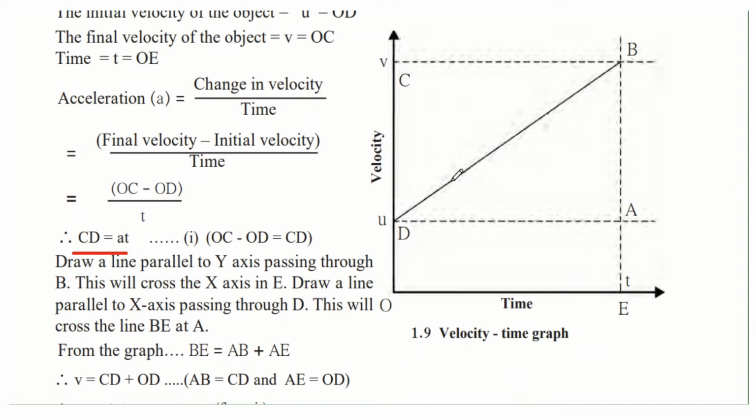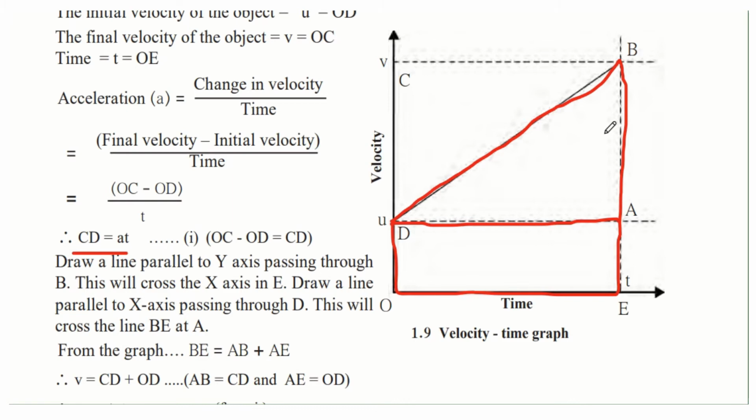If you remember earlier, if you have to find the distance traveled by an object, you can also find it by taking the area under the curve. So in this case, it would be quadrangle DOEB. If we find the area of this quadrangle, it would be equal to the distance traveled by the object in uniform acceleration. And how would we find the area of this quadrangle? We can find it by first getting the area of this rectangle, that is DOEA, and adding it to this right angle triangle, that is triangle DAB.